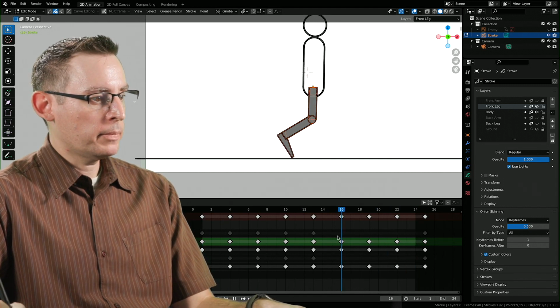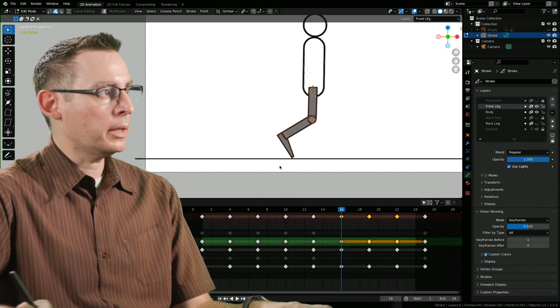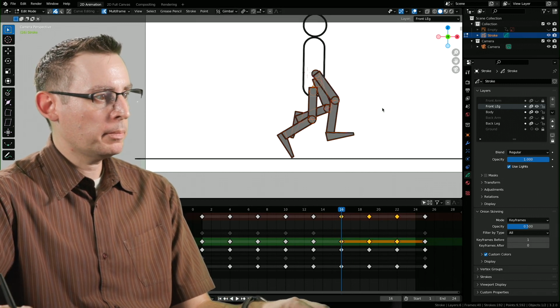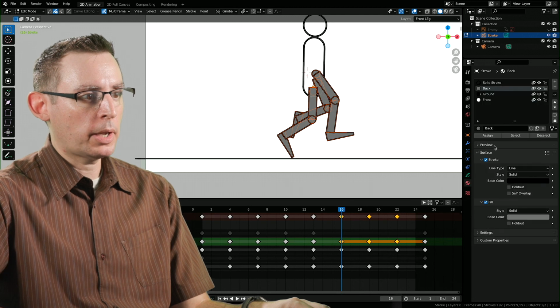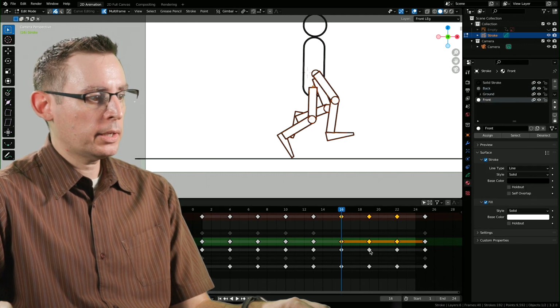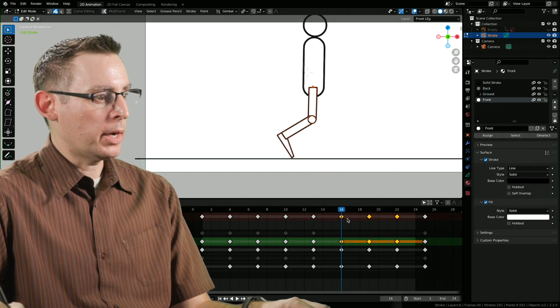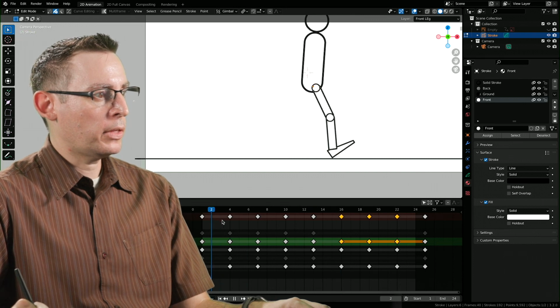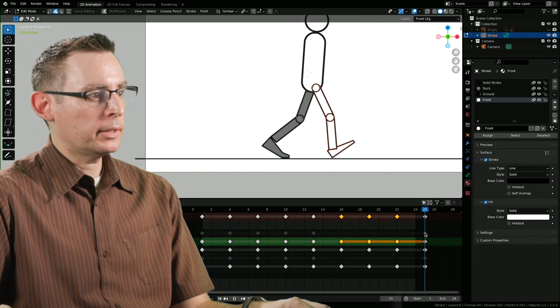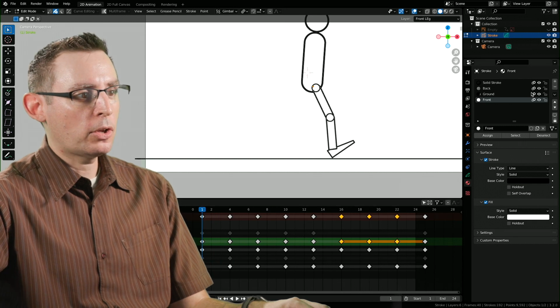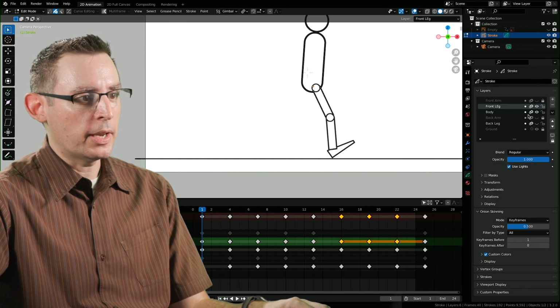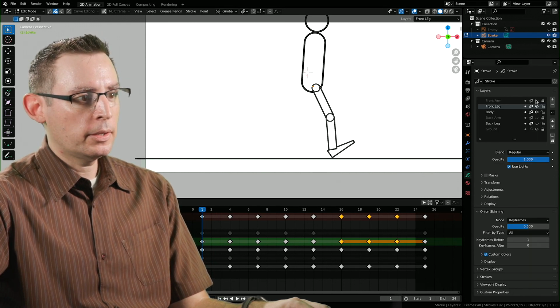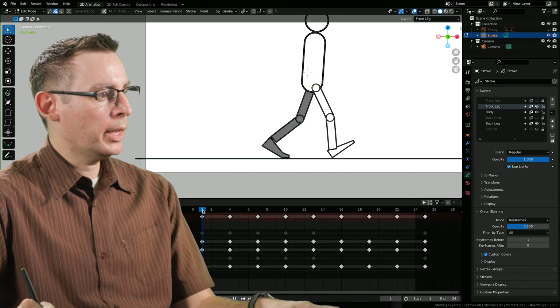Yeah, there we go. Okay, now let's retag all the materials on these with multi-frame editing. Yep, everything looks selected. We'll go back to our material library, go to front, hit assign, turn off multi-frame editing, and let's make sure that things are working just fine. Yeah, and they are. Okay, let's turn on all the animation layers right now. Let's turn on the front leg, back leg. There we go.